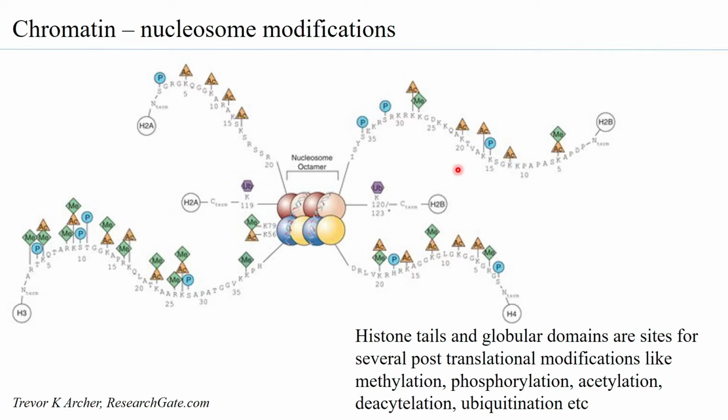And every histone code will be specific for interaction of these histone tails with other protein molecules. So you can say that the modifications of the histone tails and also the modification at the globular region of the nucleosome are an invitation to a set of proteins to come and bind to it. And when this set of proteins come and bind to it, you can have different kinds of regulations happening because of that interaction. So that is also the reason why the nucleosome per se is considered to be a dynamic structure and not a static structure.